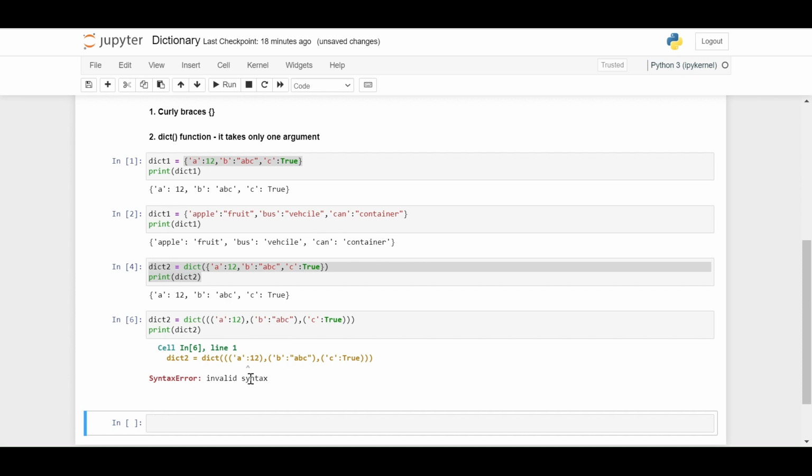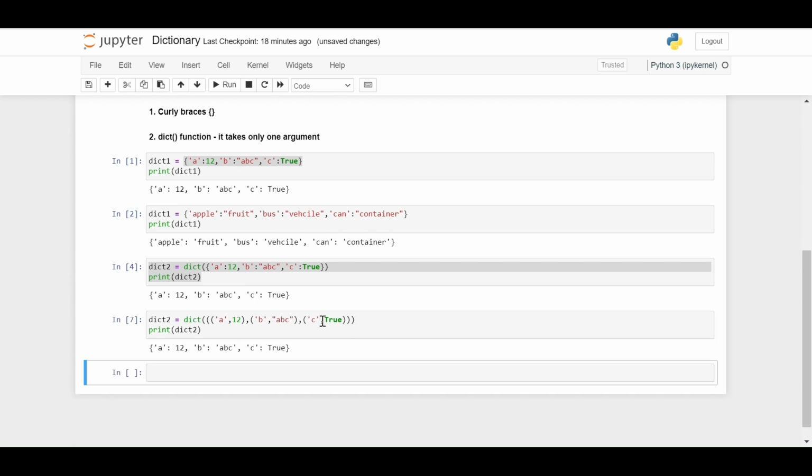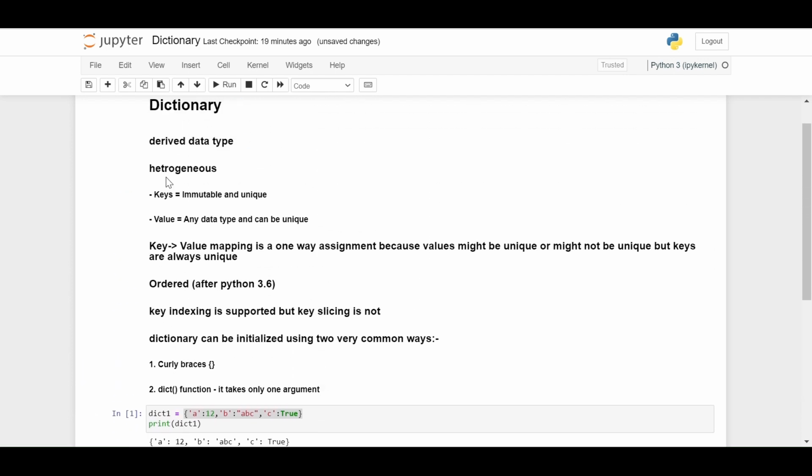What did I do? It's a mistake. I'll just quickly check. Oh, I'm sorry. This is not how it takes the values. This is how it takes in curly braces. You have to add in commas here. It's a basic syntax error. That's how we do it. I'm still learning, so I can also make mistakes. I'm really sorry. But that's how we initialize dictionaries, and we have covered one more thing,